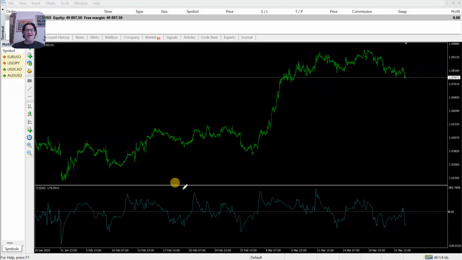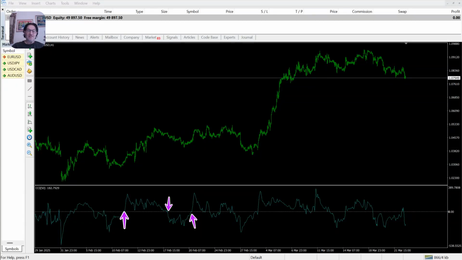So this is the whole strategy. It is merely when price is above baseline, you enter a buy, you stay in the buy until price goes below. So here, let's do this so you can actually see this. Price goes above baseline, you enter a buy position, you stay in the buy position until price dips below the baseline. That's when you exit. Same for the sell position. When price dips below the baseline, you enter a sell and you stay in the position until price moves above the baseline. And it's basically a rinse and repeat.